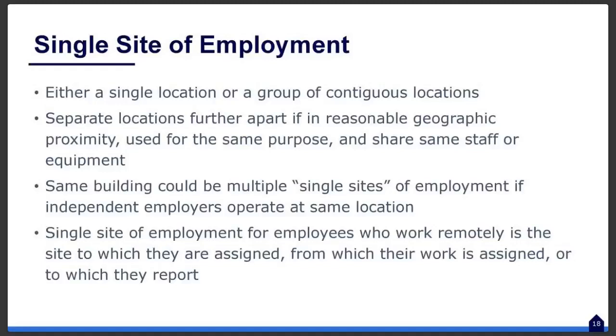Maybe slightly less obvious would be if you did have a factory where you brought in enough workers from another company that did, say, special finishing on some product that your company prepares. I mean, it's possible that at some point you would actually have two employers having their employees work together within the same building, but there still could be two separate single sites,